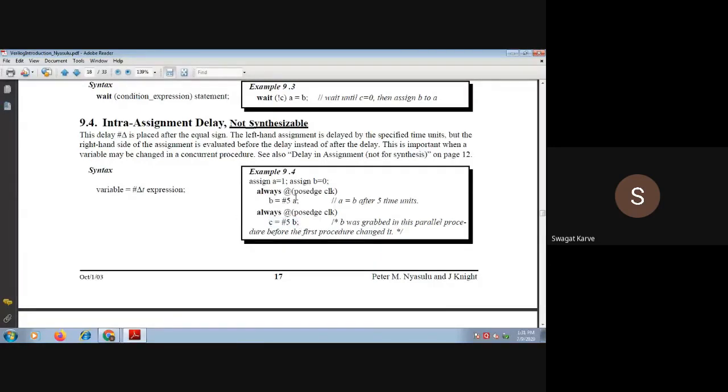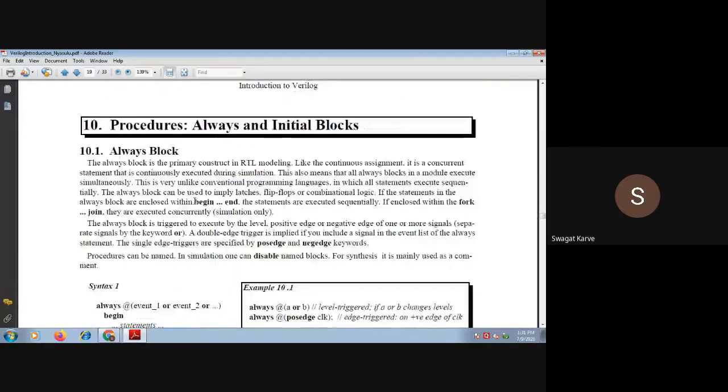That means if you want to pass the value of a certain variable to some other variable with some delay, then you have to write this intra assignment delay statement.